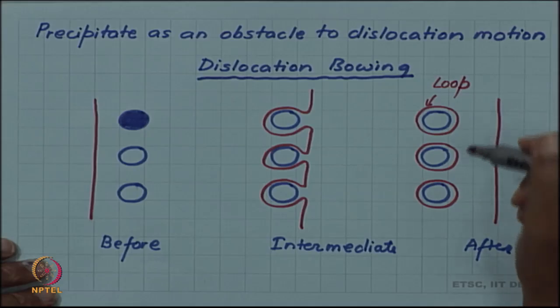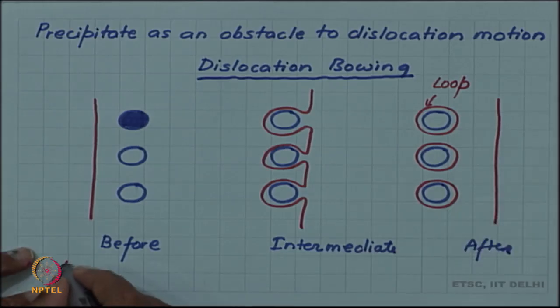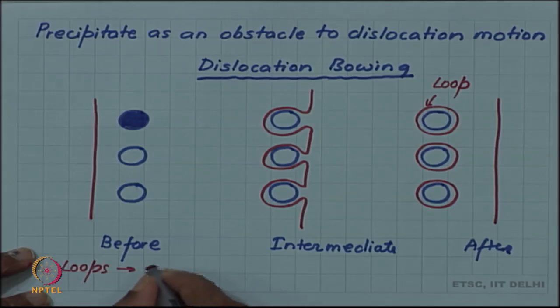Now, in a sense the overall length of the dislocation line has increased. So, these loops are extra length of dislocation line